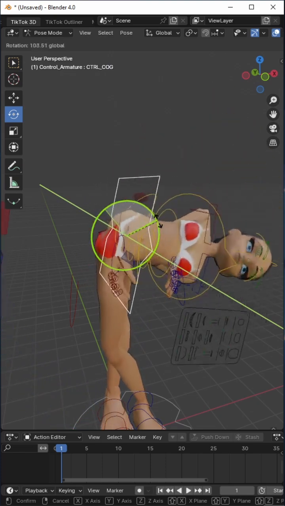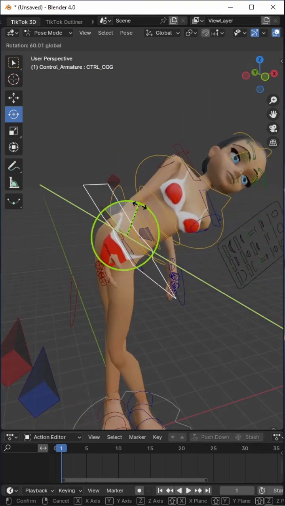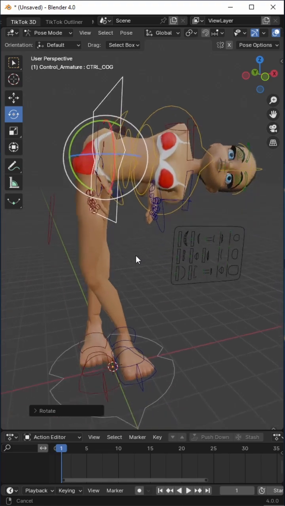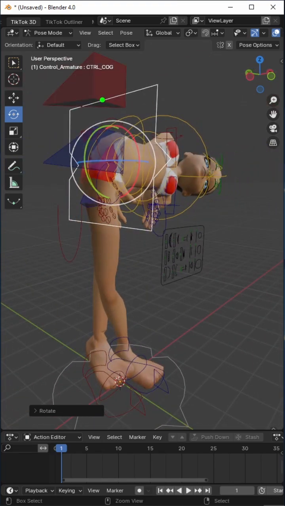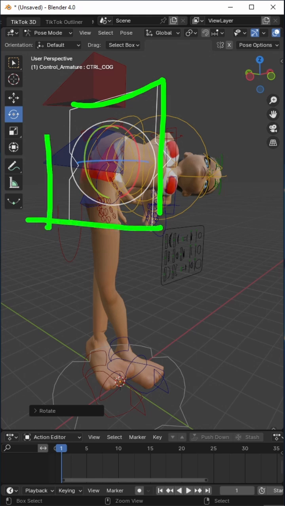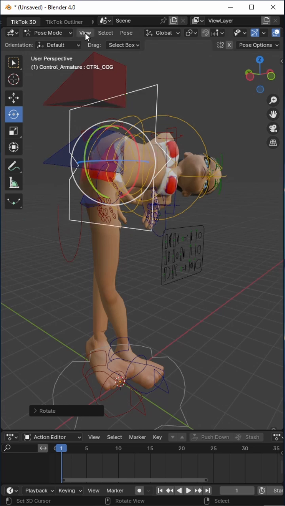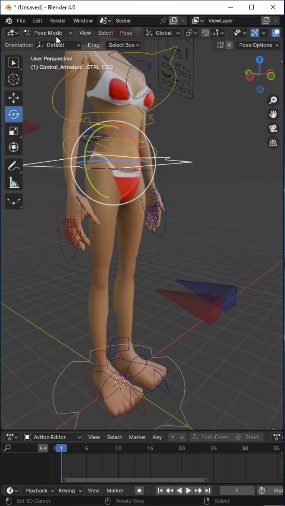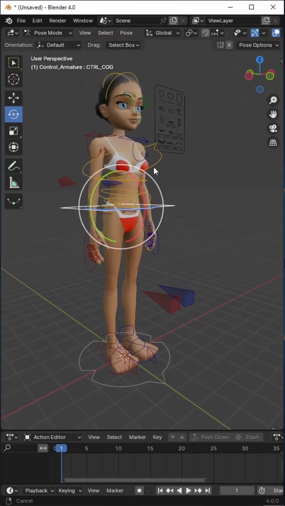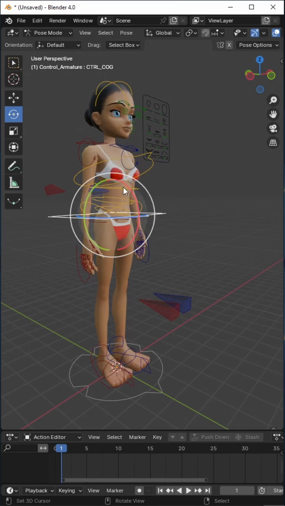But as we note, we can see that the rest of the skeleton doesn't move with this, because the way that the avatar is rigged, it's set up so that certain sections of it can move independently of other sections. Let's just undo that, which makes it easier to create certain poses. So I'll just press the G key,